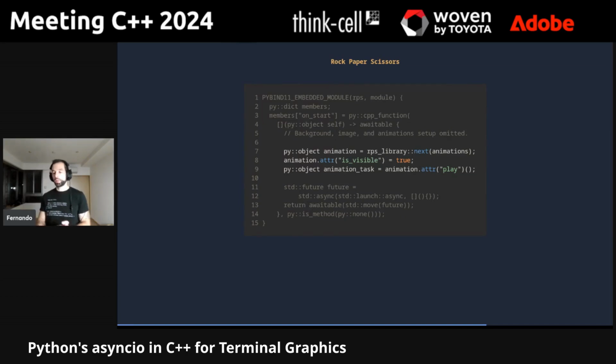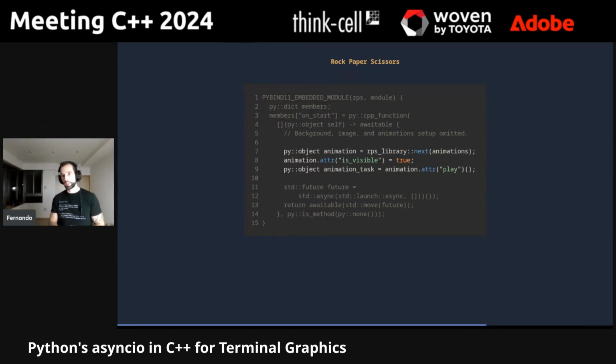But more importantly, if we don't want it in an infinite loop, or we want to start the animations after a certain timeout at the beginning, we have some static background image in there. That I also implemented in this C++ code using Python 11,